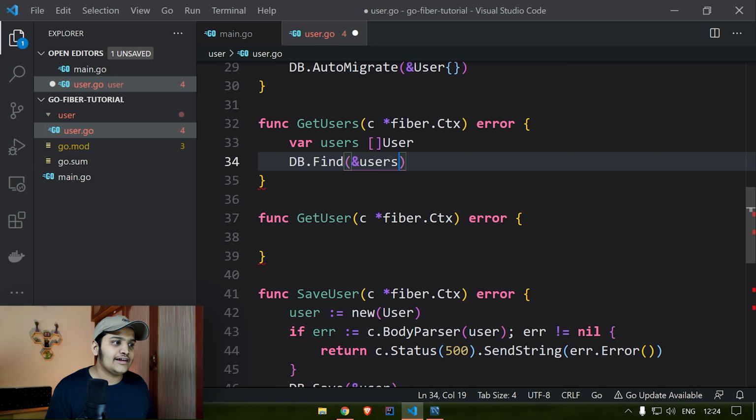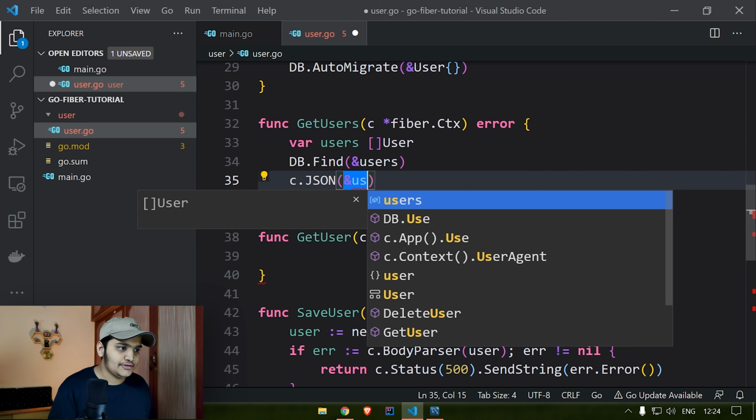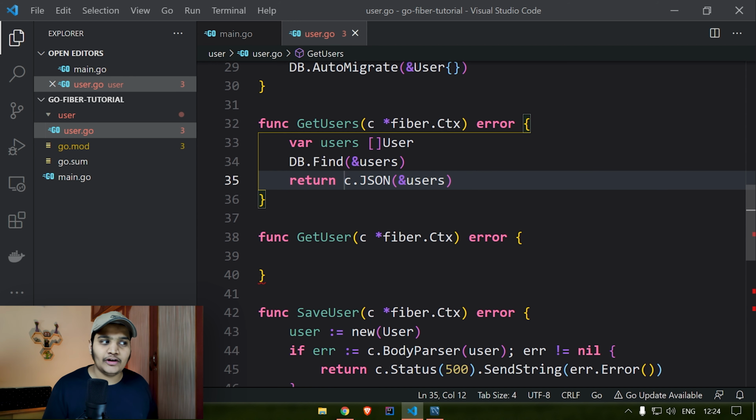It will get the list of the users and convert it to the users array, and that we will pass back with c.JSON, passing users, and I'll use a return statement. So simple, right? I'll just get the list of users available and pass the JSON back.